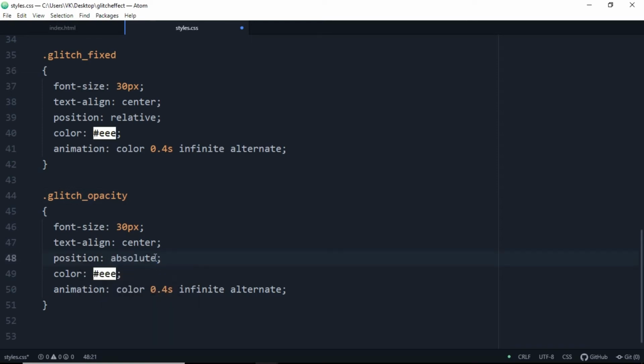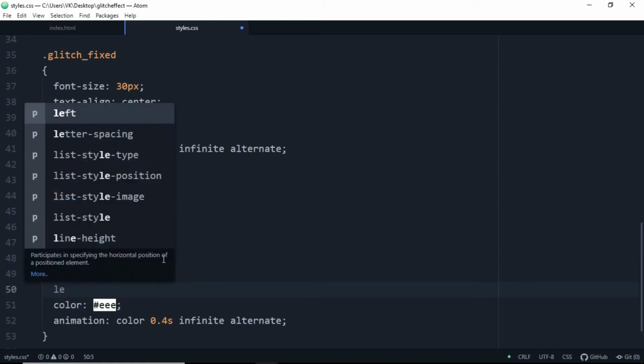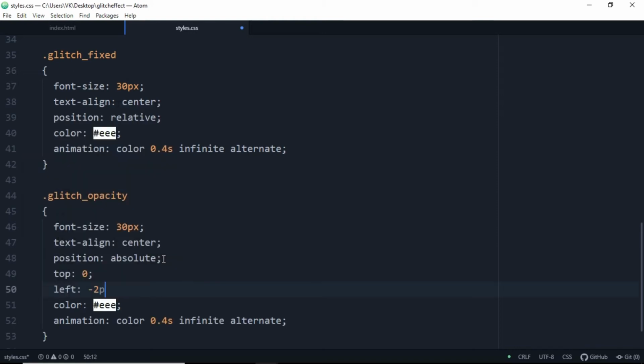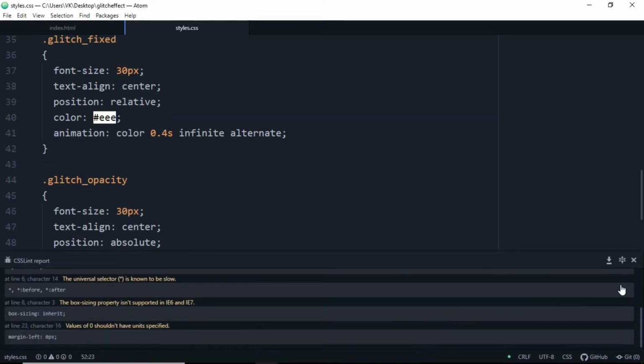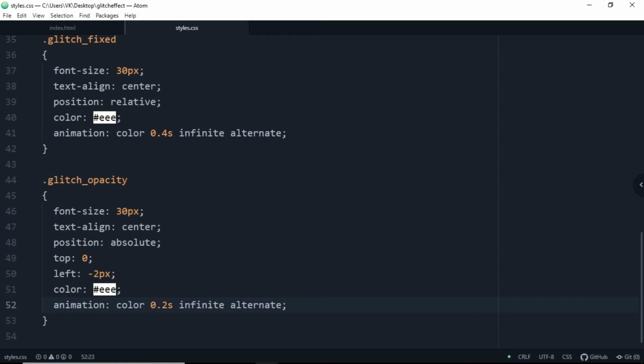In case if you could just cancel this tab, all the files will be saved. And from left it should be minus 2 pixels and top should be 0 because we are positioning the element as absolute. Also make the changes as 0.2 seconds. So added the glitch underscore opacity here.